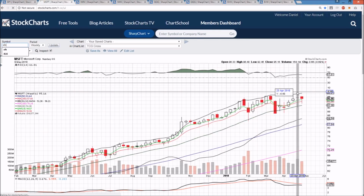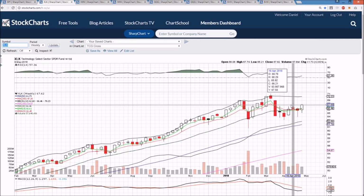Here's XLK, the tech sector, and it is just not happening. We are close to a bull break of the weekly equilibrium as the tech sector is more bullish than the S&P 500. Why is that? The answer is because the financial sector has been weak. The financial sector is the reason we had weakness after the FOMC. It is the reason that IWM and QQQ are both outperforming SPY this past week because they do not have the financial weight in their holdings to see that bearish action, and they're more weighted towards the tech sector,